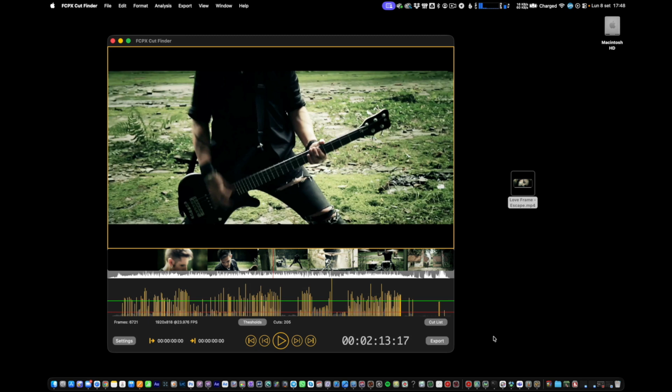Once the scan is complete, this part of the screen shows how much each frame changes from the previous one, and scene changes that have been found are highlighted with yellow bars.